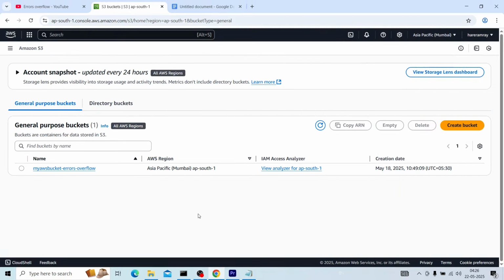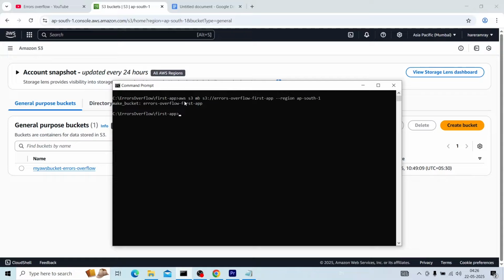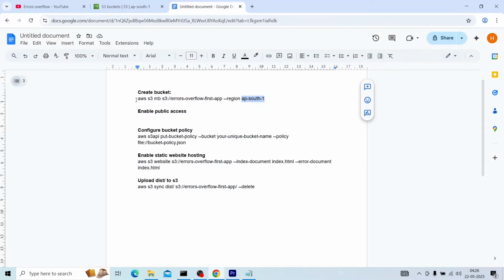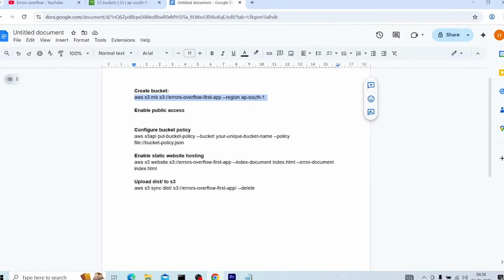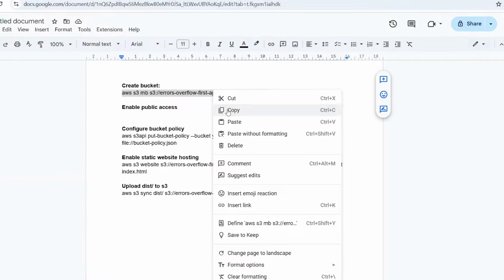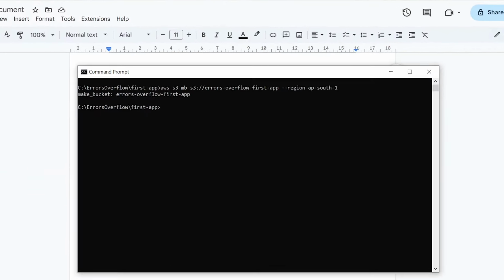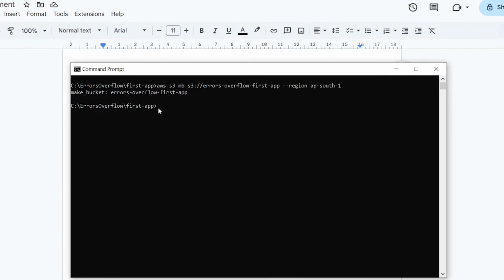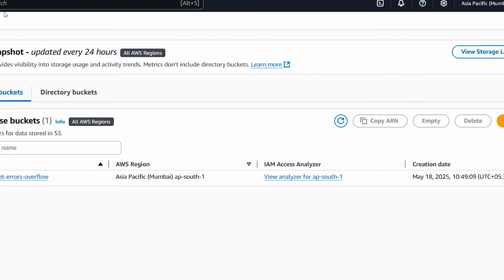Then I'll just copy this. Bucket is created. Here we can see our bucket.